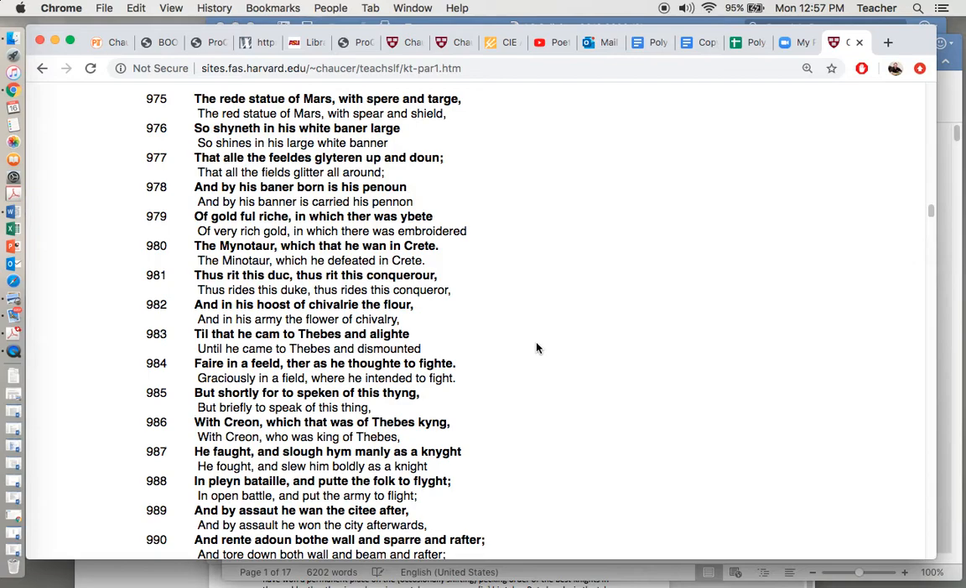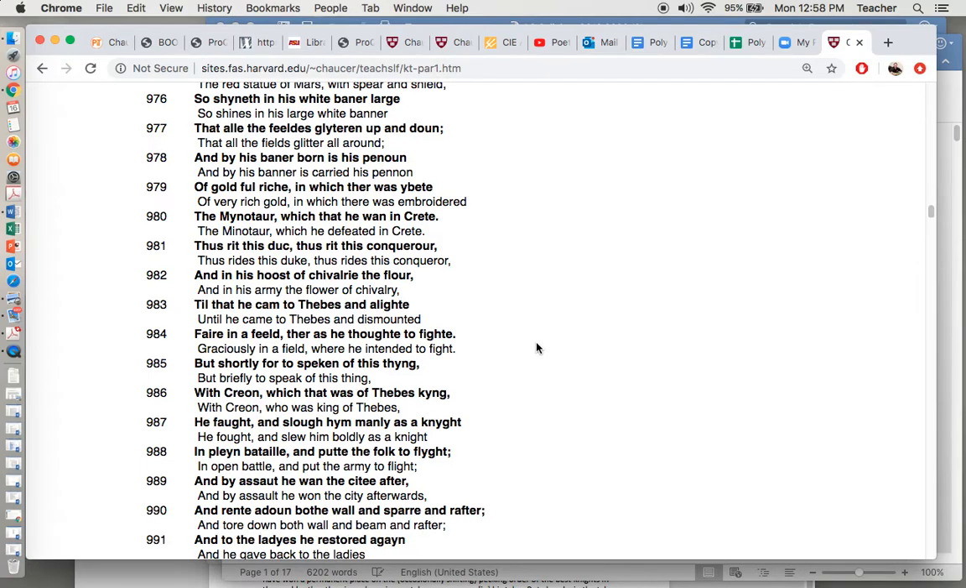976. So shineth in his white banner large, and all the fields glittering up and down, and by his banner borne is his pennon of gold full richly, in which there was beaten the Minotaur, which that he won in Crete. Thus rode this duke, thus rode this conqueror, and in his host of chivalry the flower, till that he came to Thebes and alighted